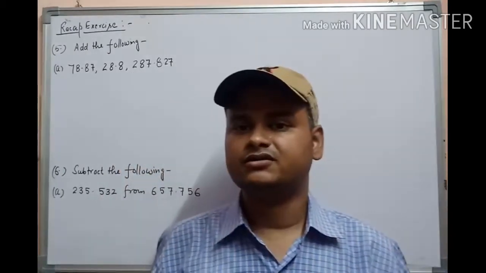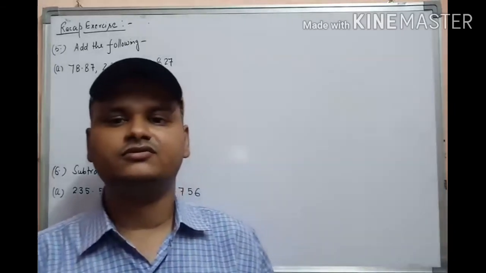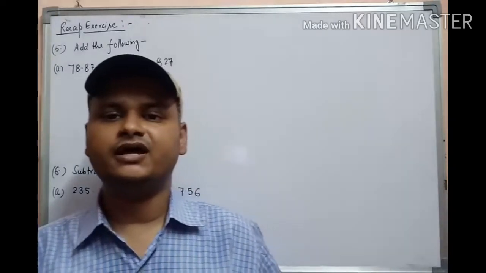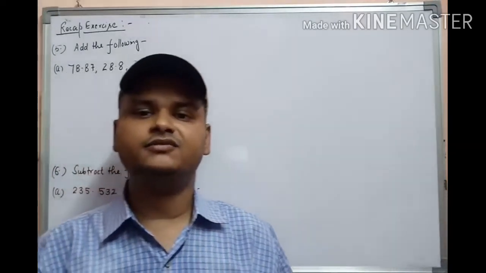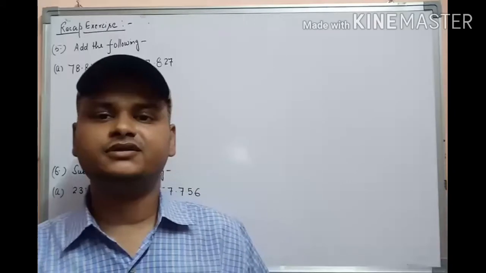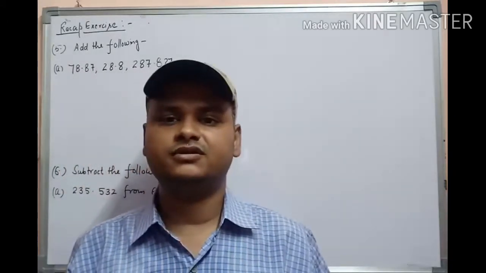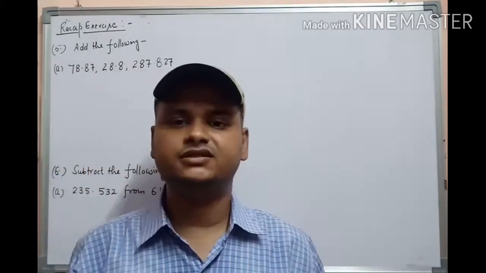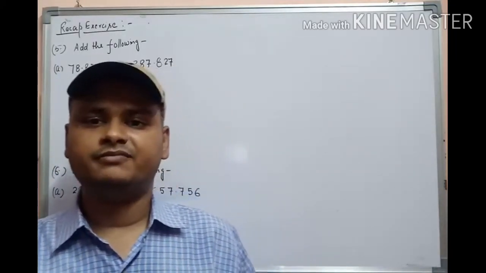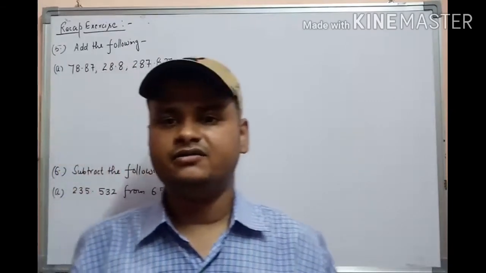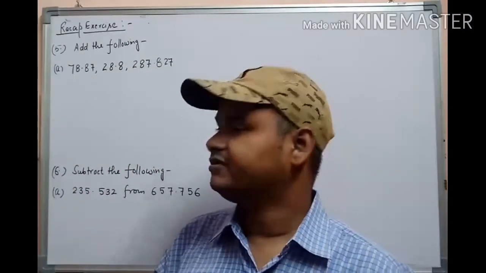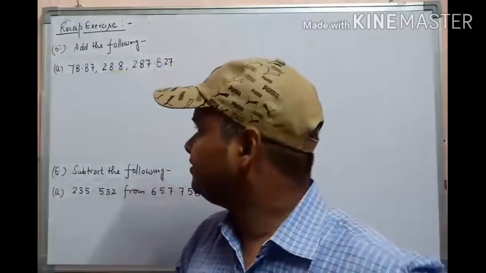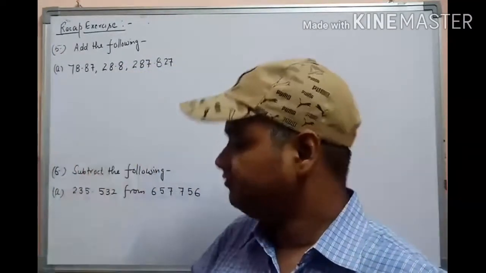Now students, another concept I gave in the previous video is what like decimals are. There are two types of decimals: like decimals and unlike decimals. Two or more decimal numbers are called like decimals if the same number of digits are given after the decimal point. If the same number of digits after the decimal point are not given, then they are called unlike decimals. So keep in mind all the concepts. You have to add the following.